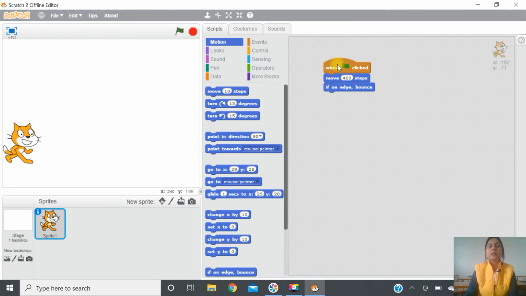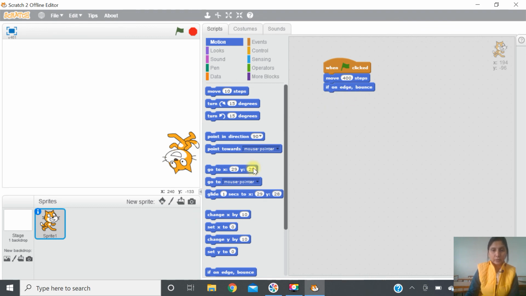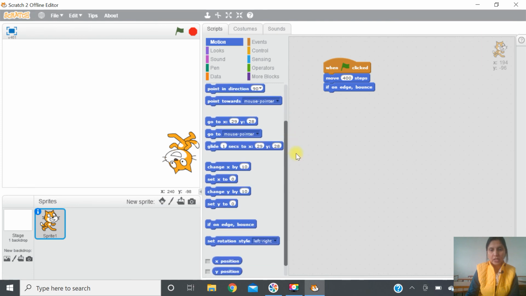Fine. Now if I want that it should not change its direction when it bounces, if it touches the edges, it should not change its direction, then for that, here it is, set rotation style left-right.